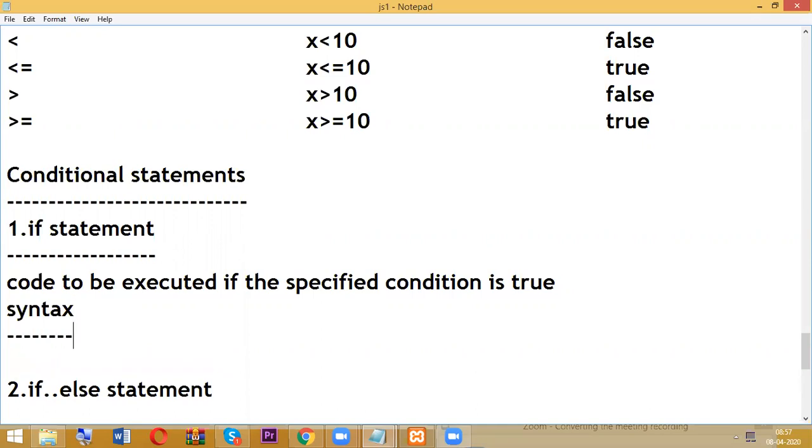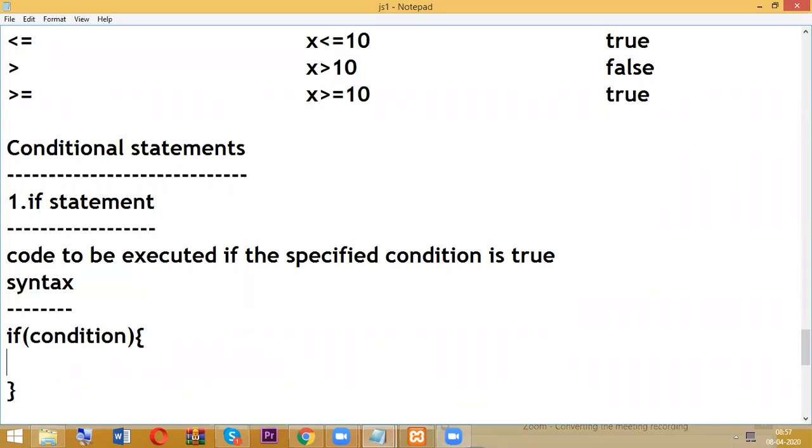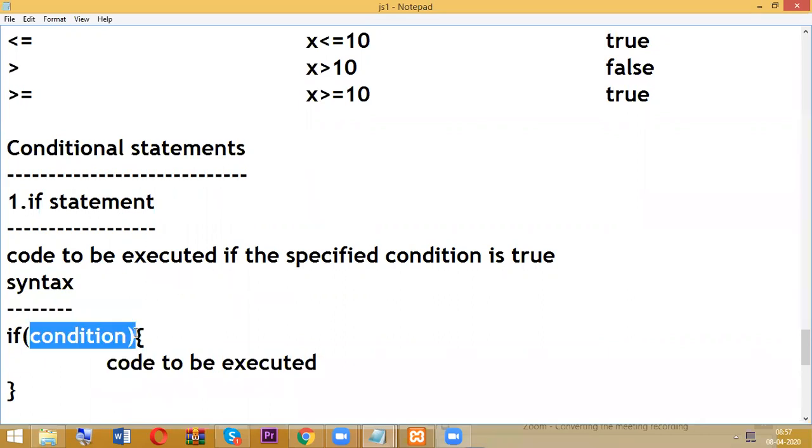First you are going to have a condition here, and here some code to be executed, some statement. In this case, we are bothered about only if the condition is what? True.